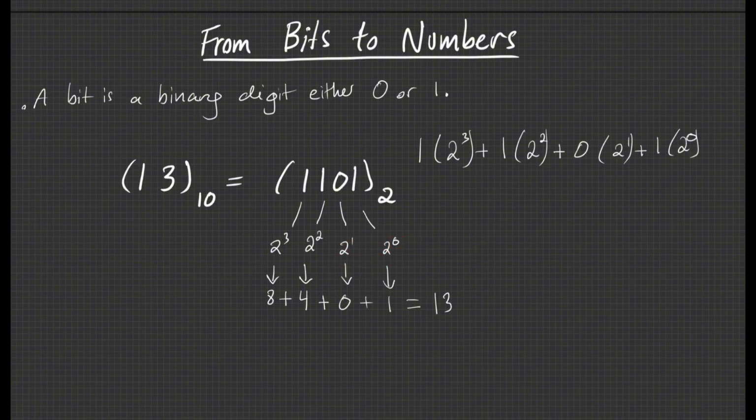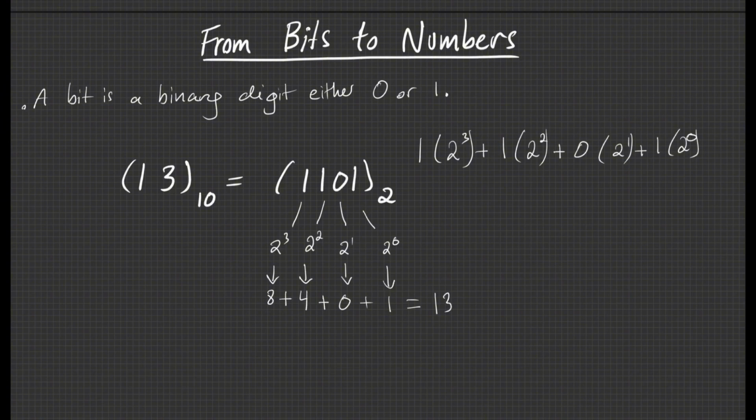So it'll be 2 to the 0, then 2 to the 1, then 2 to the 2, then 2 to the 3, because that is the actual position of the digit. And then if you were to calculate it out, you would get the number 13 here. Again, things will start to click more as we continue on, but to do a quick summary,